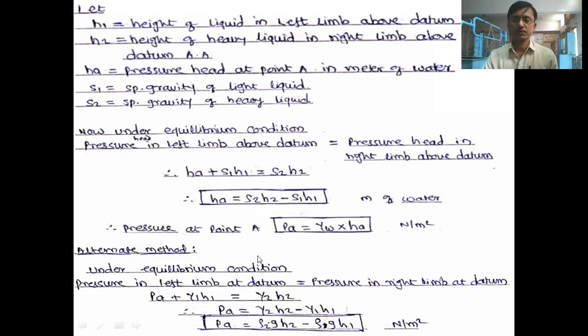This is one method and this is the second method, directly equating the pressure intensity. ओके, या मेथड मध्ये आपण काय इक्वेट केलंय? प्रेशर हेड इक्वेट केलंय आणि याच्यामध्ये डायरेक्ट प्रेशर इंटेन्सिटी आपण इक्वेट केली. प्रेशर इंटेन्सिटी ऍट द डेटम इन द लेफ्ट लिम, एक म्हणजे पाईप मधला हा प्रेशर प्लस जो कॉलम आहे लेफ्ट लिम मधला जो कॉलम आहे लिक्विड कॉलम, त्याच्यामुळे जनरेट झालेला प्रेशर इंटेन्सिटी, दॅट इज गॅमा 1 H1.